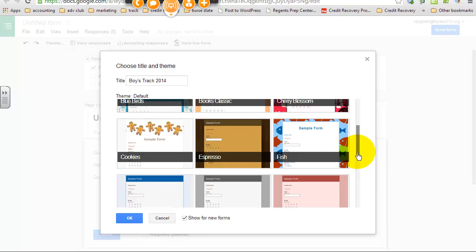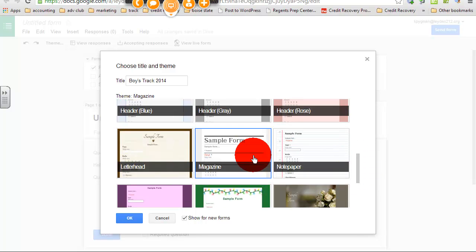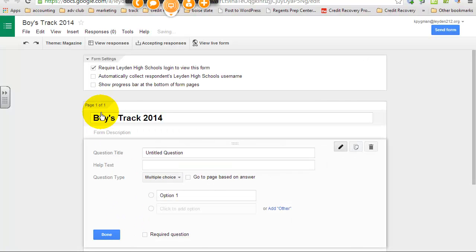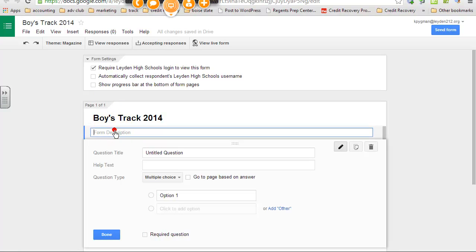Whenever I create forms, I like to create simple ones. Specifically, I love the magazine theme. I'm going to go ahead and choose magazine, and then we hit OK. There you go, I see my title. Form description: we're not going to get into the semantics on this. I mainly just want to show how to do the page navigation. But I'm just going to quickly type something in here. Welcome runners. Please complete the information below